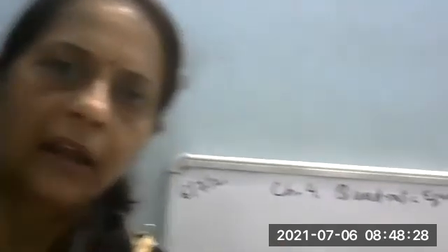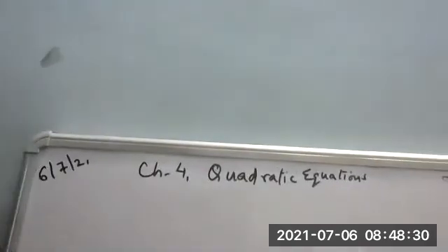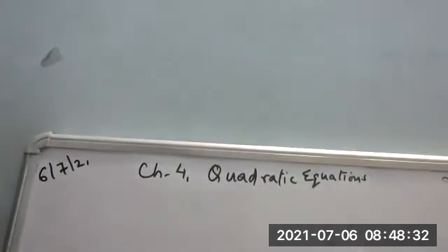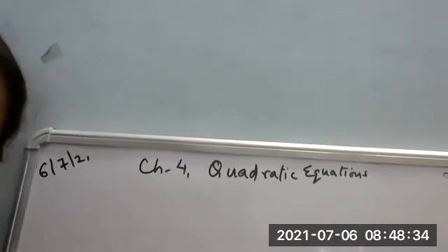It will take time, but this is, you can say, the aims and objective of the chapter. So I'm going to tell you what the general form of a quadratic equation is. Just look at this. Children, you know what a quadratic equation is? An equation with its highest power 2 is called a quadratic equation. So you will see here the highest power.